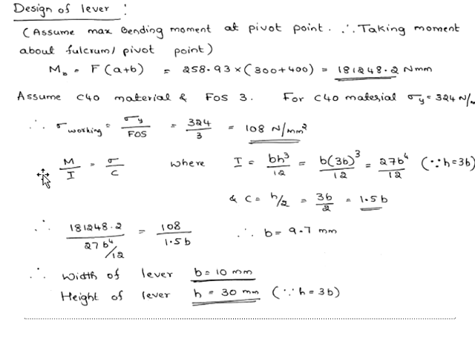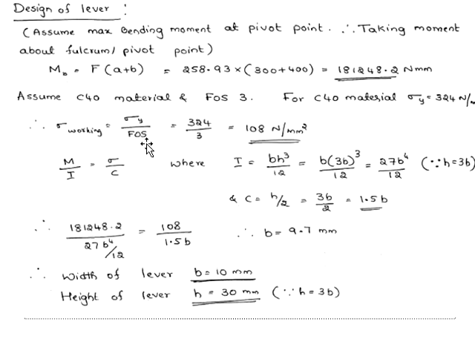After that, I told you we have to use bending equation, M by I is equal to sigma by c. Here M value you have to take moment, I value b h cube by 12, relationship between b and h is given in question, substitute, simplify, you will get I is equal to 27 b to the power 4 by 12. Since it is rectangular cross section, c will be h by 2.